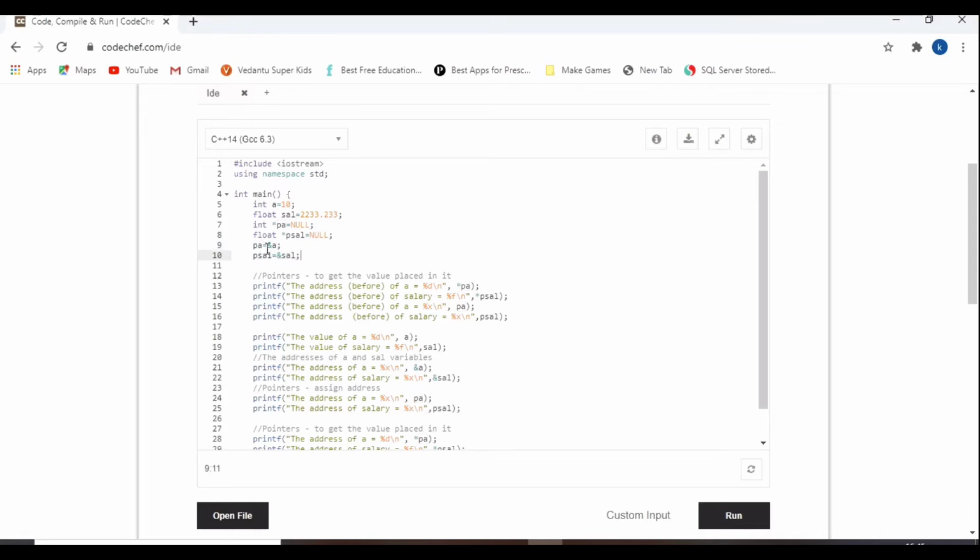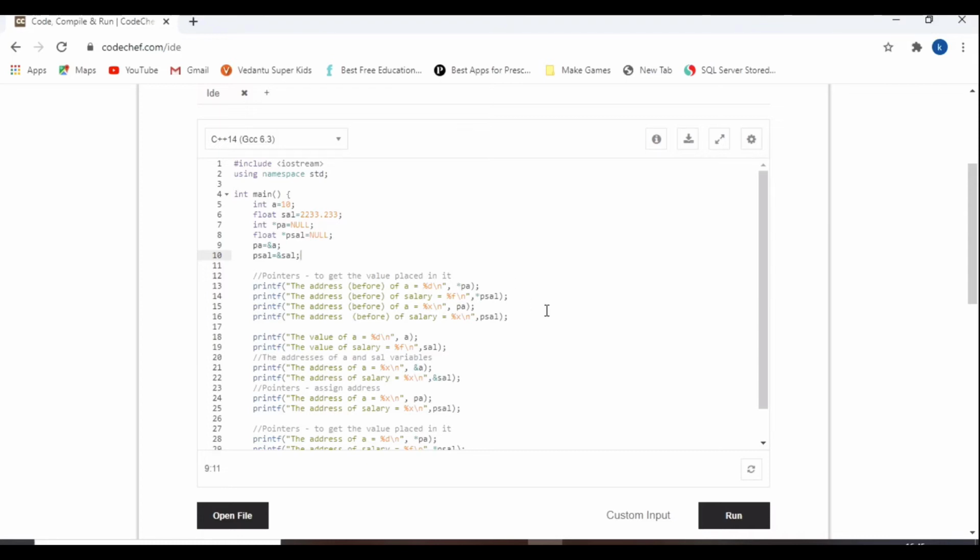Now if you want to know the value of a, you can get it using the operator star with the pointer pa which you declared. So star pa contains the value of a, because the value of a itself is contained in the address here. As you have assigned this, the value of a will be displayed with star pa.